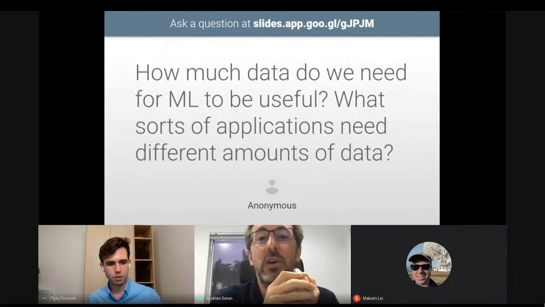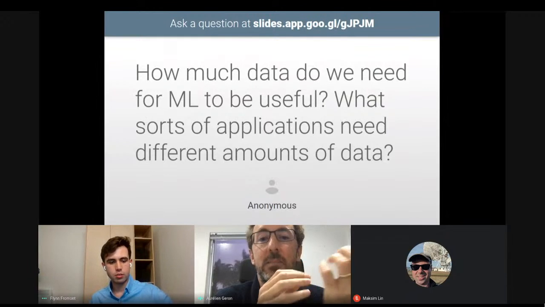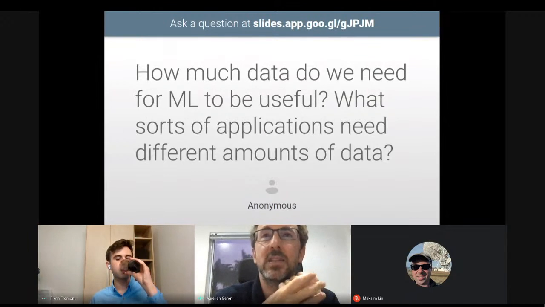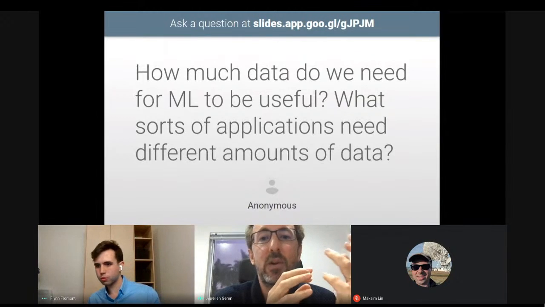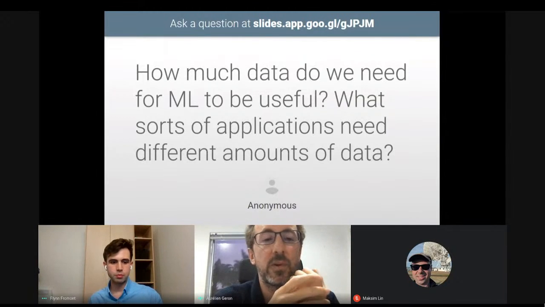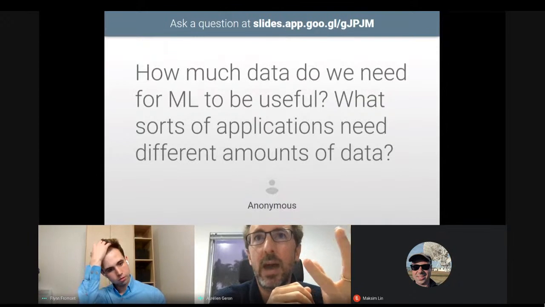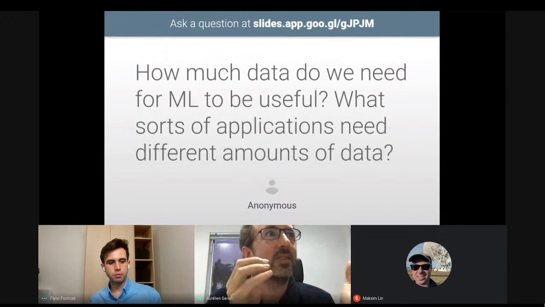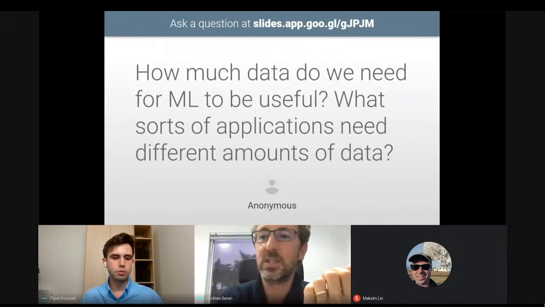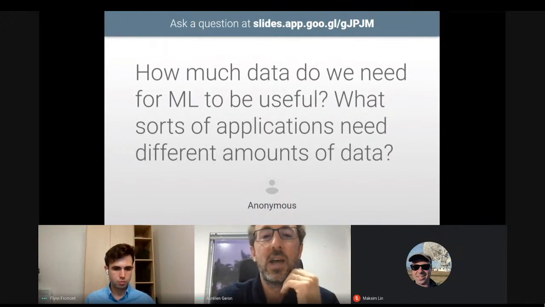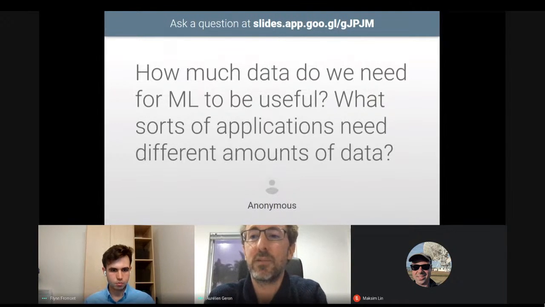That's a very good question. So any kind of data can be useful. It really depends on the task. There are cases where you have very, very little data. For example, you'll have just one image and you want to generate another image based on that. So you have just one data point. And there are other cases where you have millions of data points.